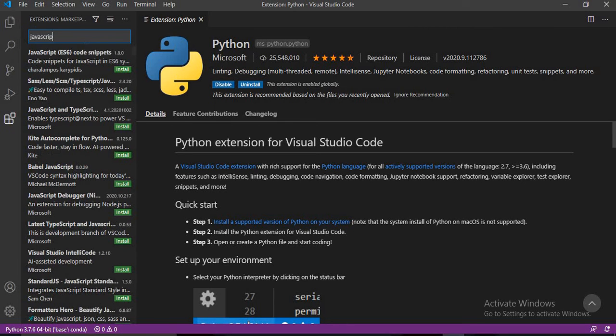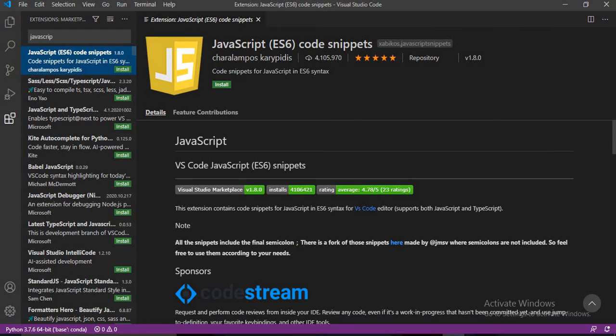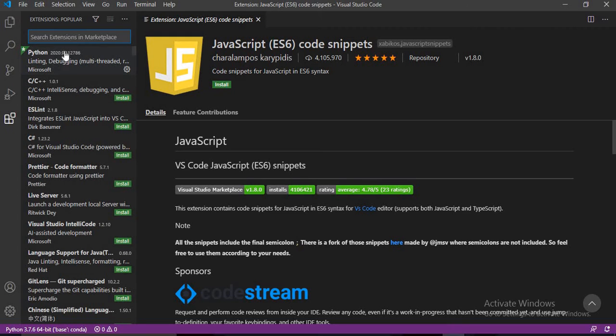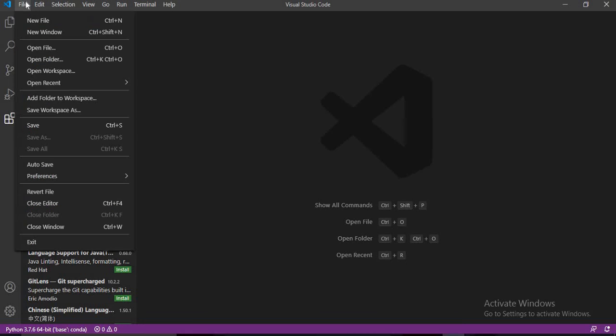This is the recommended one, and we can install JavaScript as well. But as of now we will not add it, as I have already added the extension for Python. No need to add JavaScript for now. This is the way we can add extensions.